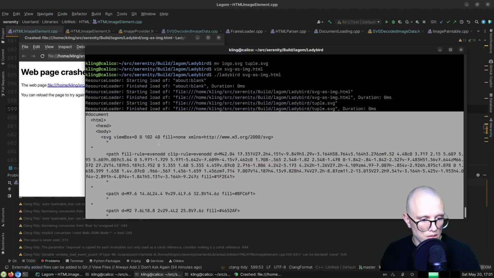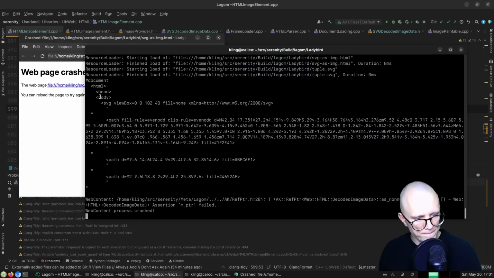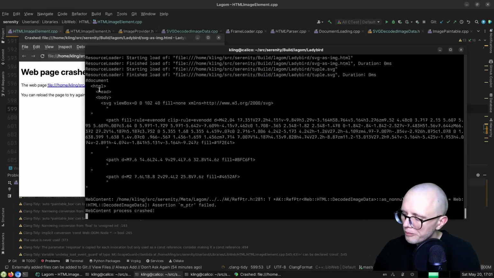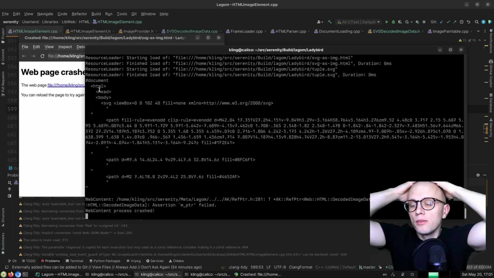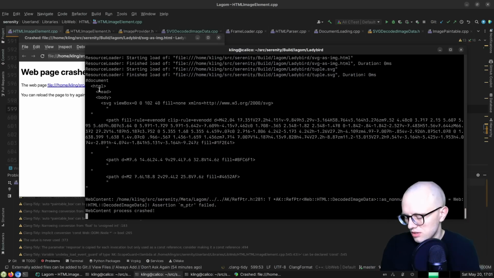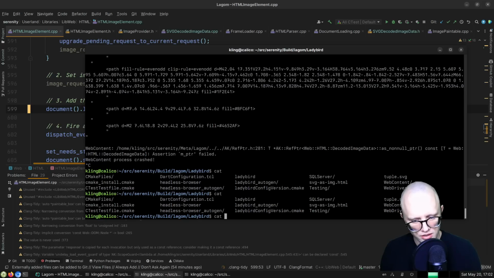But we printed something. This does look like an SVG, albeit wrapped awkwardly in an HTML document, which I guess is not really what we want. I think we may need to parse it with an XML parser if it has that XML version thing at the top. If it doesn't, I think we can